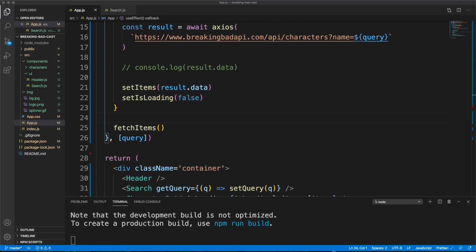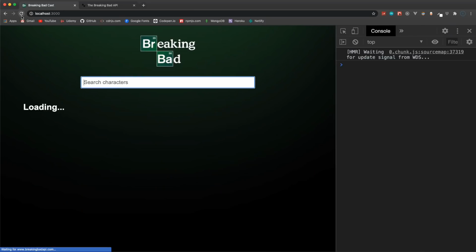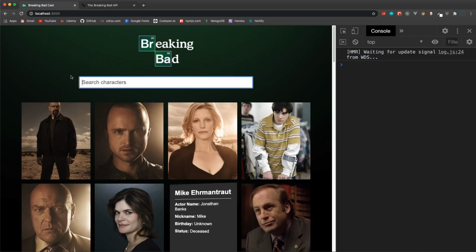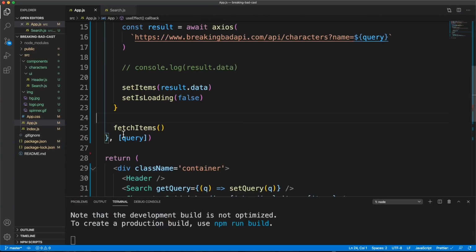Now, one thing I just realized is we didn't do the spinner. So if we go back here and we reload, you can see we do have the loading text, which might be fine, but I think a spinner is a nice touch. So let's just add that real quick. We have the spinner.gif in the image folder here. So in the UI folder in the components, I'm going to create a